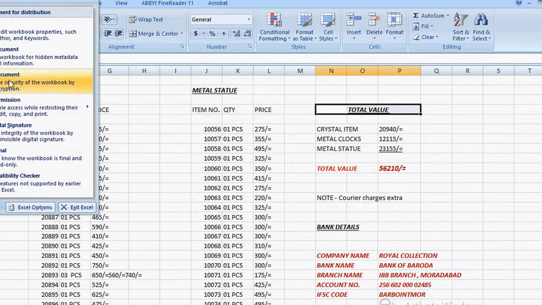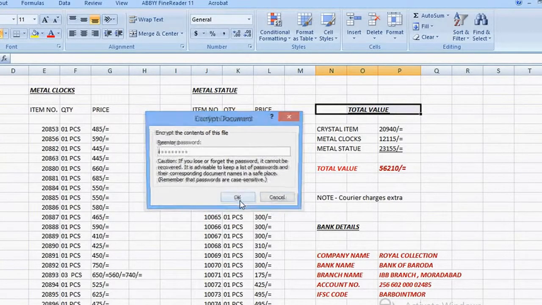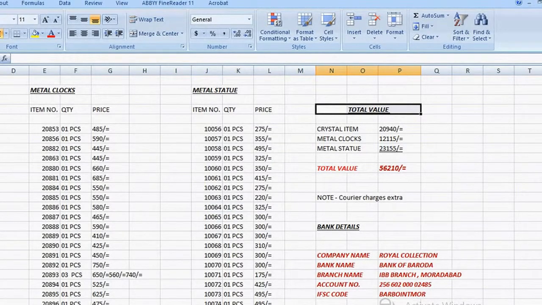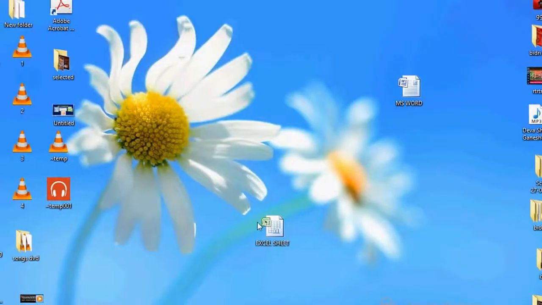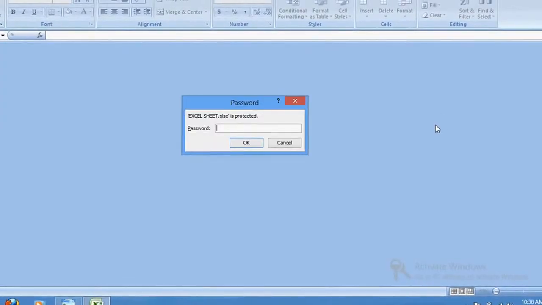Click over there and enter the password which you want to create here. Again re-enter the password which you are willing to create and save. Now this document as well is protected by password. When anybody tries to access the sheet, they will be asked to enter the password.